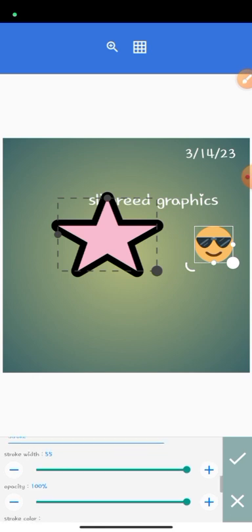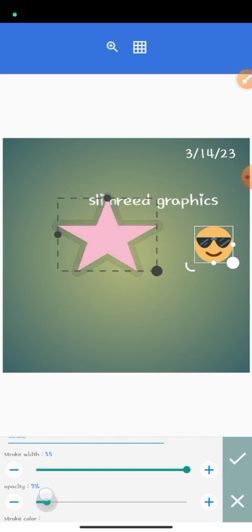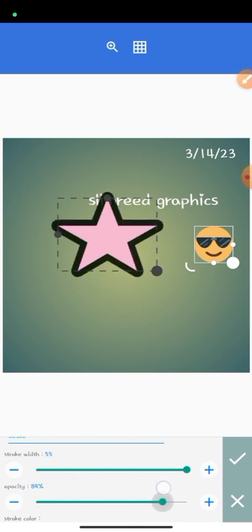So you can also reduce the opacity of the stroke, just like you can reduce the opacity of the star. Can you see now? I drag to 0. You can see that I can no longer see the stroke again. If I increase it back,